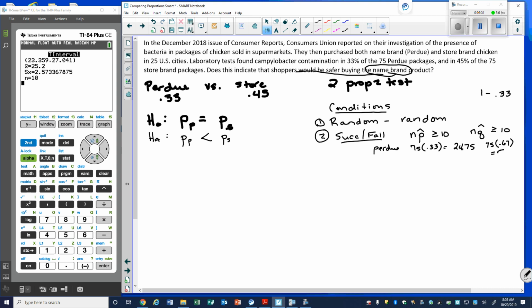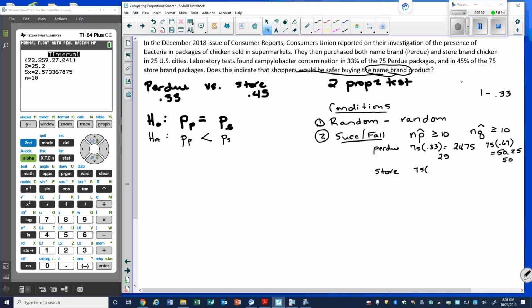equal 50.25. Now, your calculator, if it asks you for these values, is not going to take a decimal. You can't have 0.75 of a chicken package. So you would want to say, I have 25 packages that were contaminated, and I had 50 packages that were